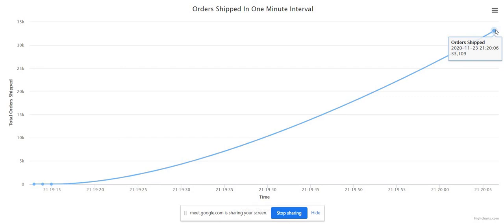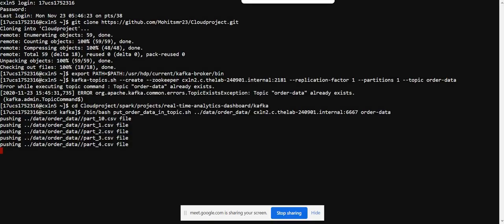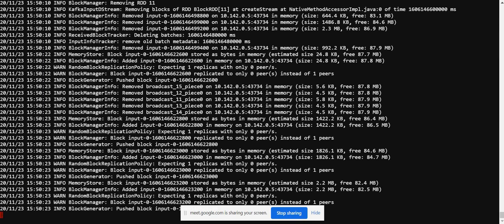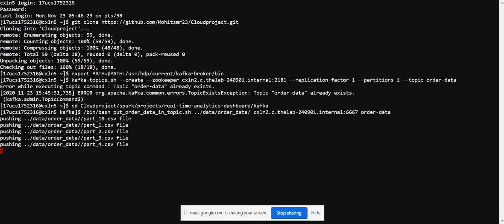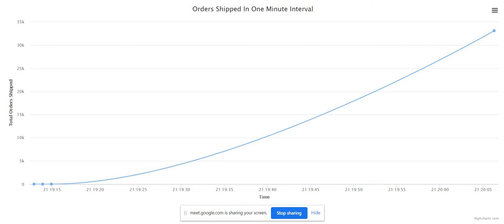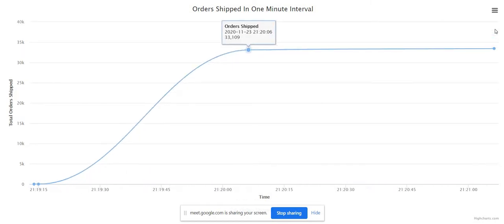So this is the order shipped count, 33,109. So like this the graph will keep changing as the orders are processed by the Spark streaming and then pushed to the Kafka.